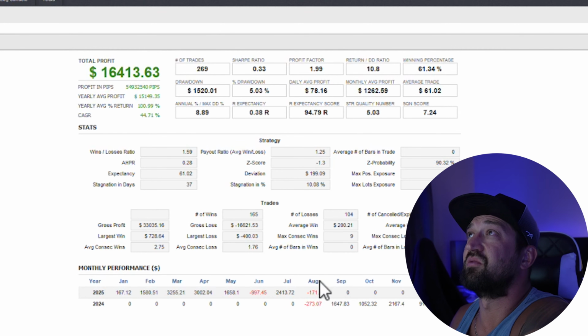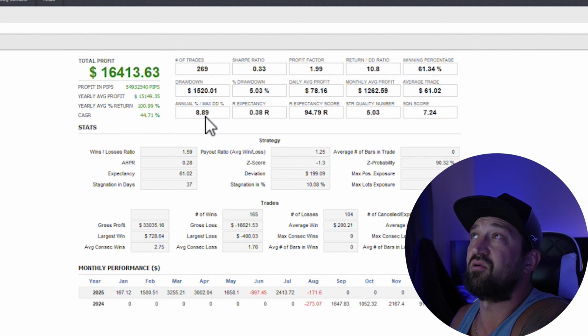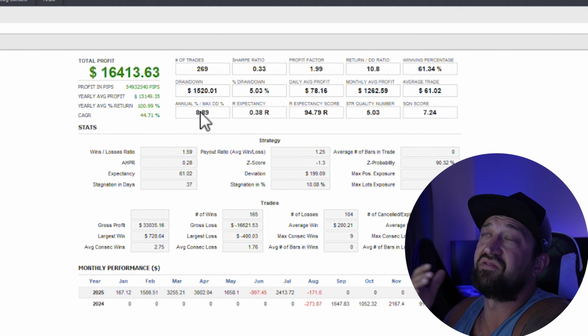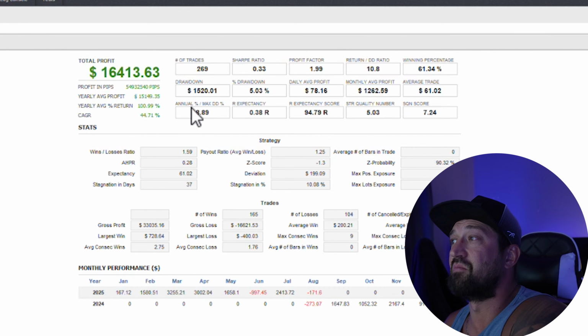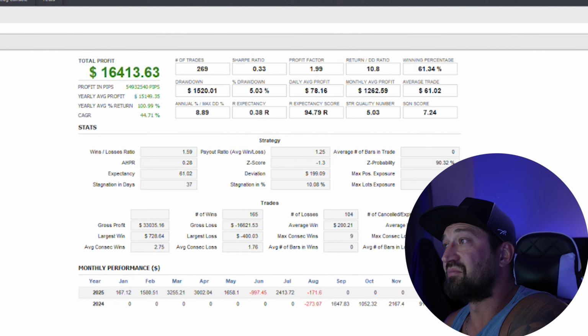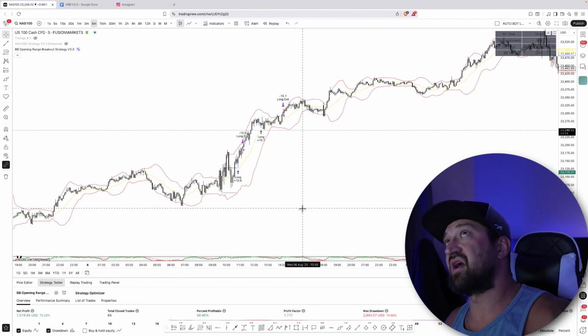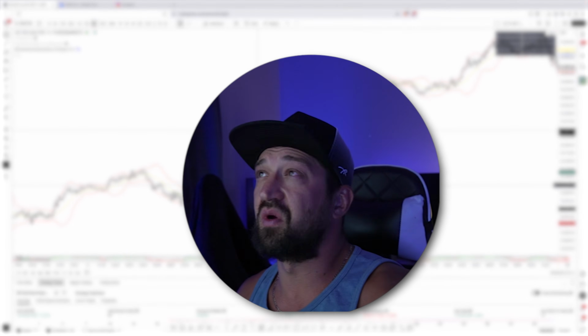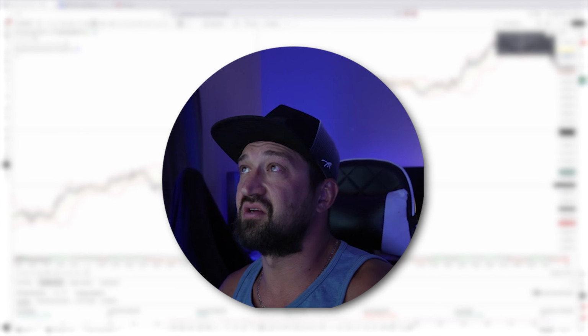Everything will be pretty good with this. So right now, the drawdown's staying around 8.9%. If I can maintain drawdown below 15% while making this kind of money, I'm pretty happy. So that's kind of what I wanted to show you guys, and this is what we're going to be doing in the precision automation